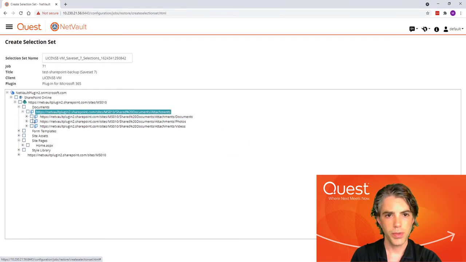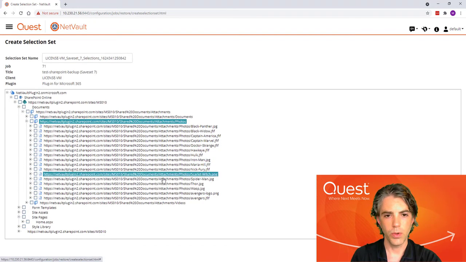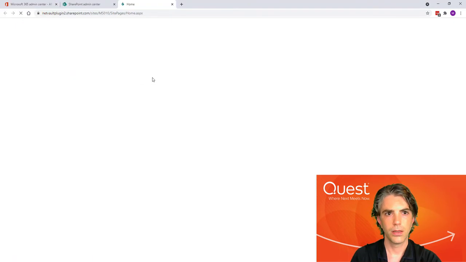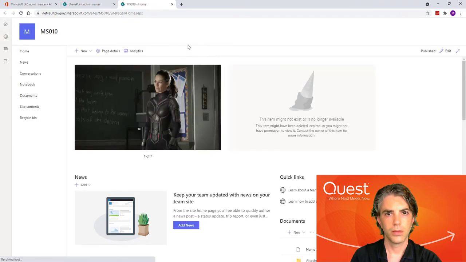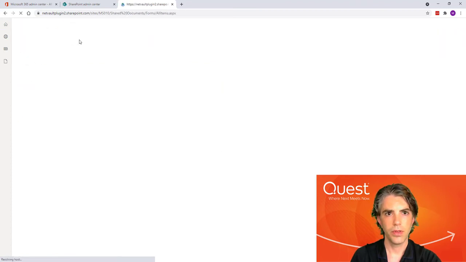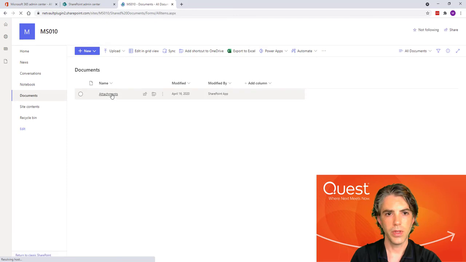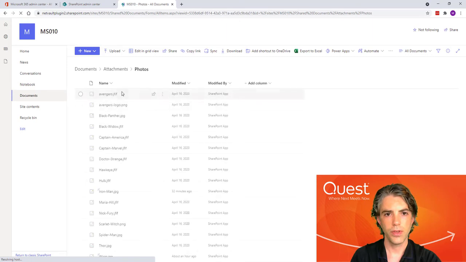A directory called Attachments, a directory called Photos, and a bunch of different photos that were under protection then. So if we now go ahead and take a look at this SharePoint site, this is the MS010 site. And here we have the documents with our directory attachments, our directory photos, and all of the different files that were in that directory.